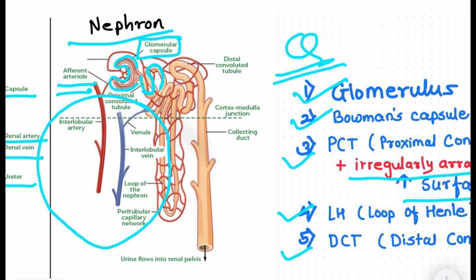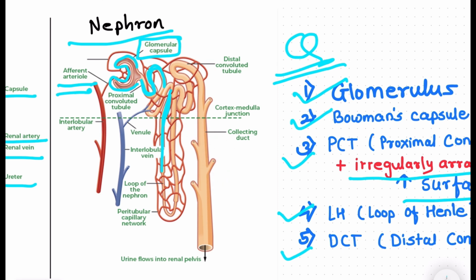Okay, proximal convoluted tubule, and then this is loop of Henle. Okay, then there is a descending limb also, and this is proximal convoluted tubule, this curved structure, and then this is descending limb,